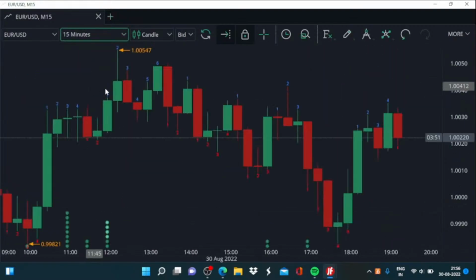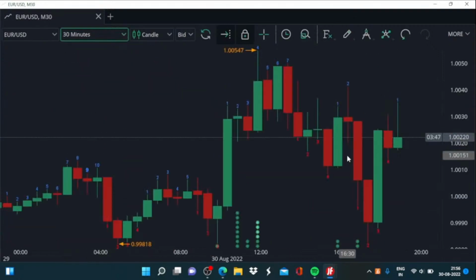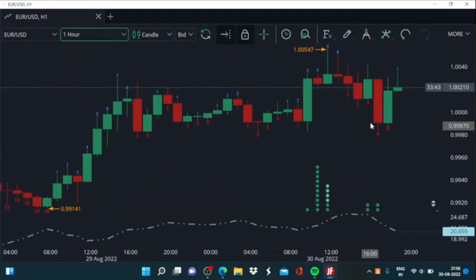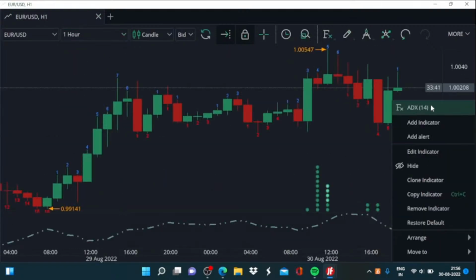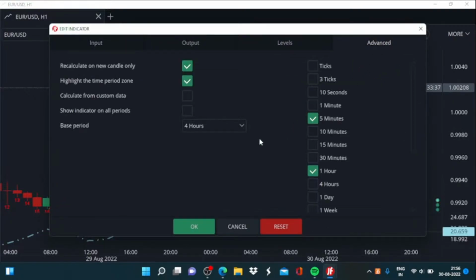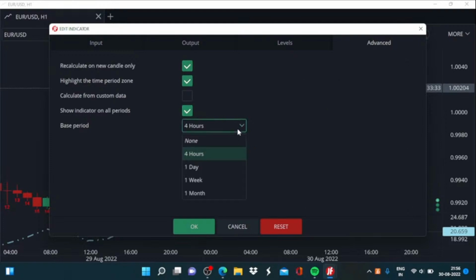It won't be there if I change it to 15 minutes or half an hour or any other time frame. Now again, if we go back to the hourly candle formation, we have it in the bottom. Base period can be none, or one of the five options,